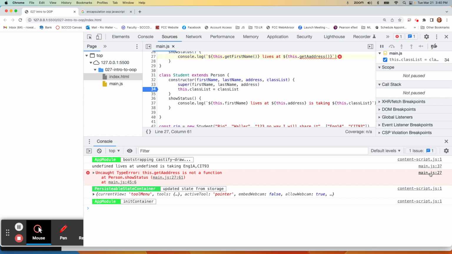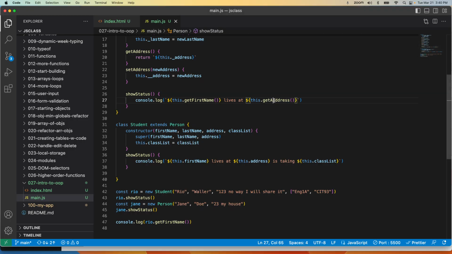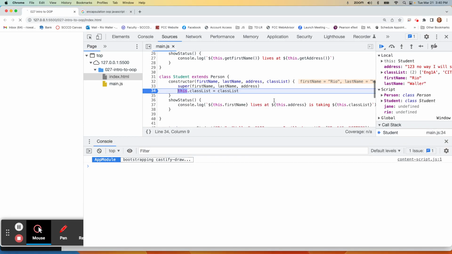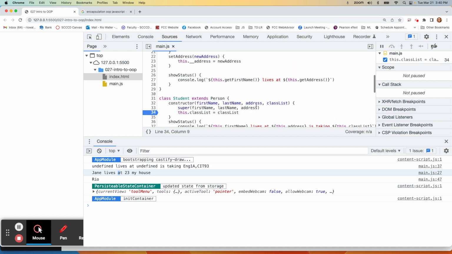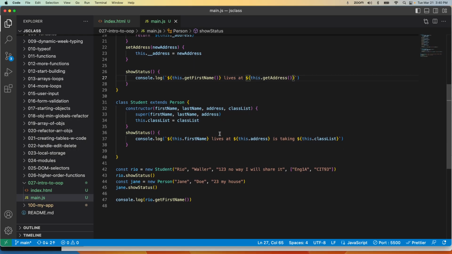Uncaught. Oh, helps when you do address right. Okay, good. So we know the one on student doesn't, but we know the one on person does, so we're good. So we can move on to here. And in this case, there's really nothing we have to change on here because the getters and setters are on person. It is here and here, right? That we'd want to